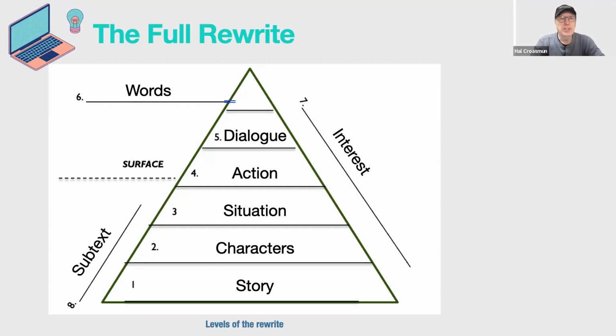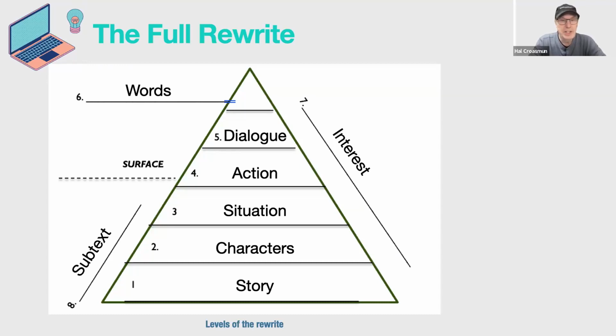But the first thing is, I would look at your entire script through this. I would just start with the story. Does everything about this story work? If I laid out my structure right this moment, is it working? Are your lead characters, not your supporting characters, coming across as amazing? If your supporting characters are better than your lead characters, that's a problem inside the industry. So you want to be careful about that. That makes it hard to get actors, major actors. Do you have unique and interesting and challenging situations all the way through?